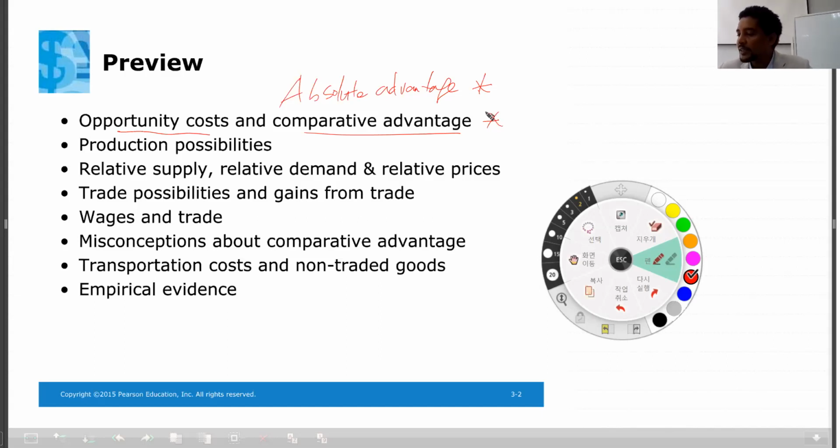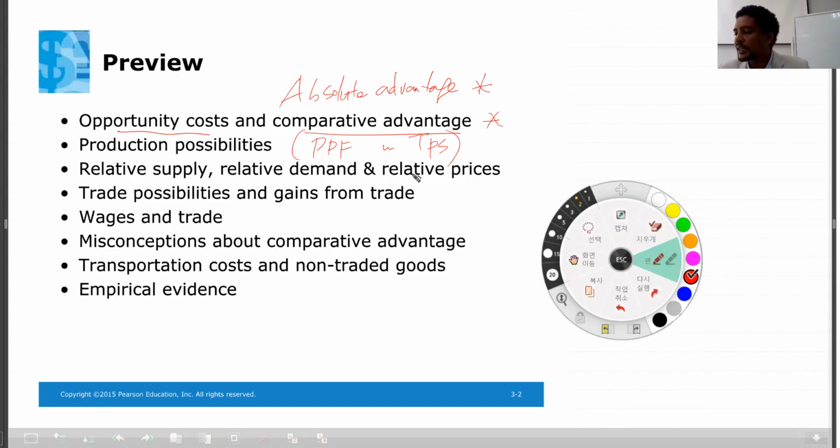And the other is production possibilities. There are the production possibility frontier and the trade possibility frontier. So we'll talk about the production possibility frontier and what it means. There is one theory called PPF, and sometimes there is also TPF, so we'll talk about this too: production possibility frontier and trade possibility frontier.